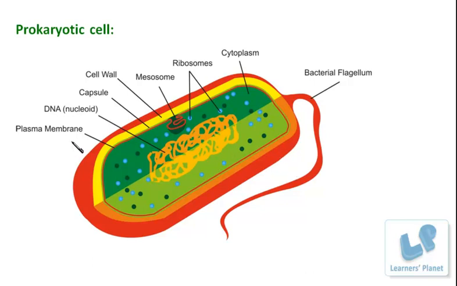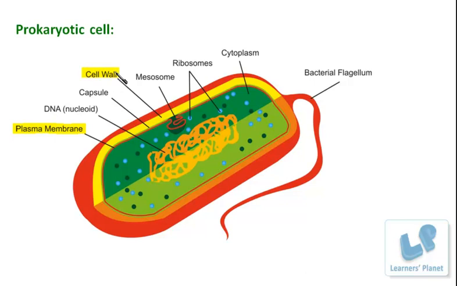Cell membrane is the typical or the basic component of any type of cell, right? Therefore, this particular thing is present here, and that is the plasma membrane. So the boundary which is present here in its surrounding is nothing but the plasma membrane. Now, in this type of bacteria or in some prokaryotic cells, the plasma membrane also has an outer covering, and that outer covering is known as the cell wall.